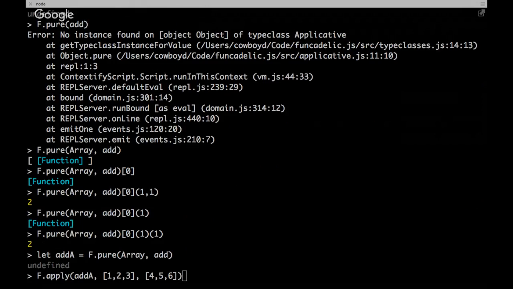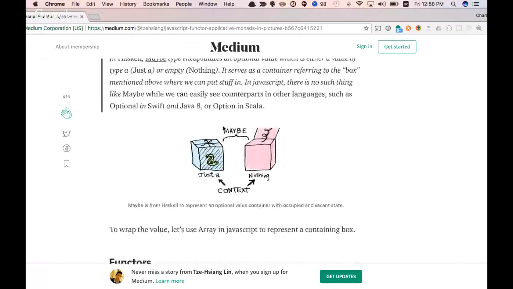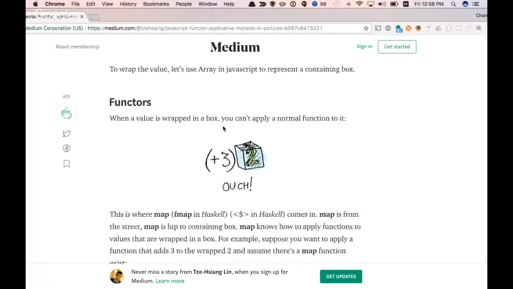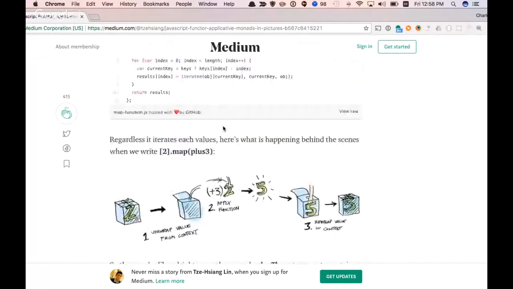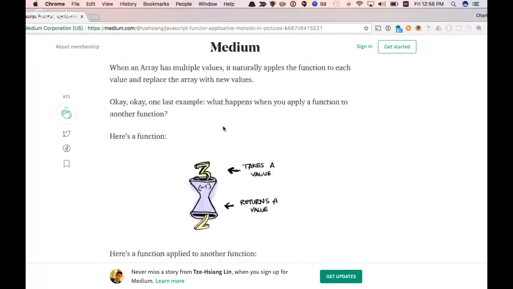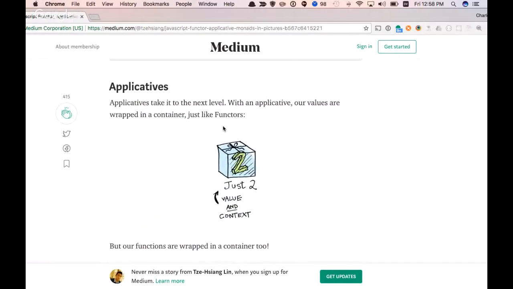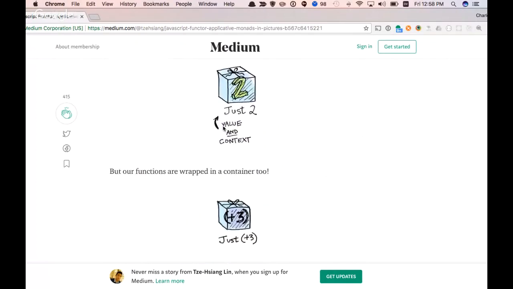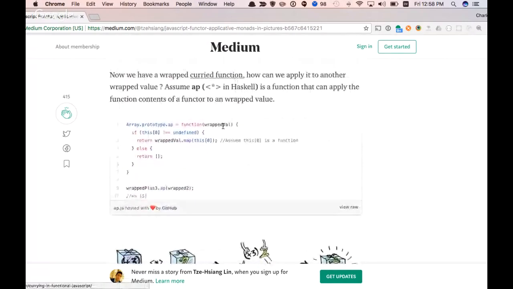Here it is. So I will pull this over here. Yeah, so this is a great article, talking about functors. Let's see. It's not the perfect